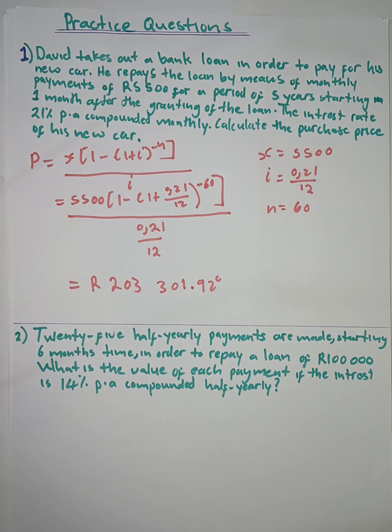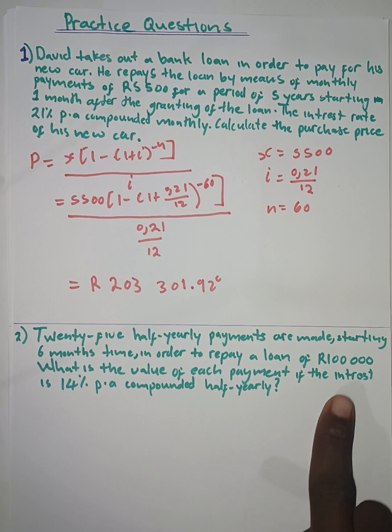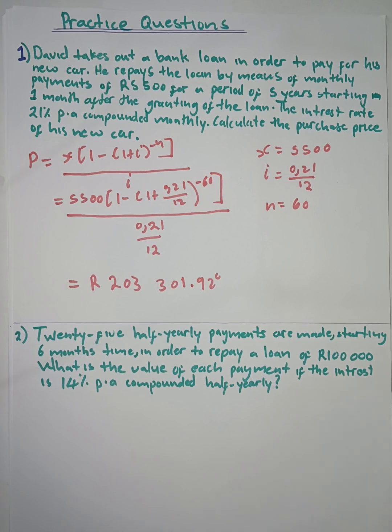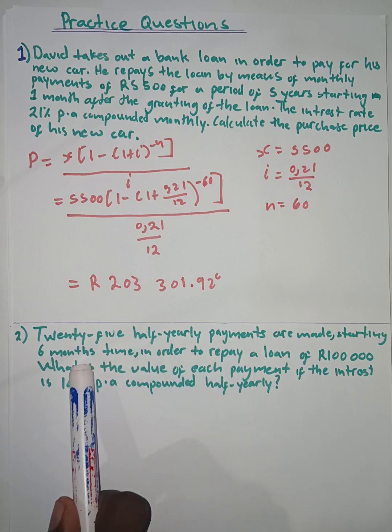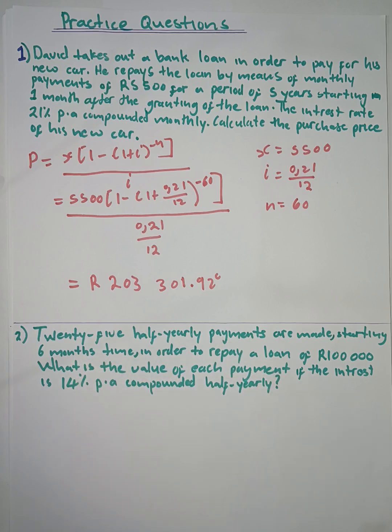So of course, question 2. They said that 25 half yearly payments are made starting 6 months' time in order to repay a loan of 100,000. They ask what is the value of each payment if the interest is 14% per annum compounded half yearly. Now we know that this is a loan, so this tells us this is the present value annuity. So we have this amount right now, and in order to reduce that we would make equal payments in order for us to pay that